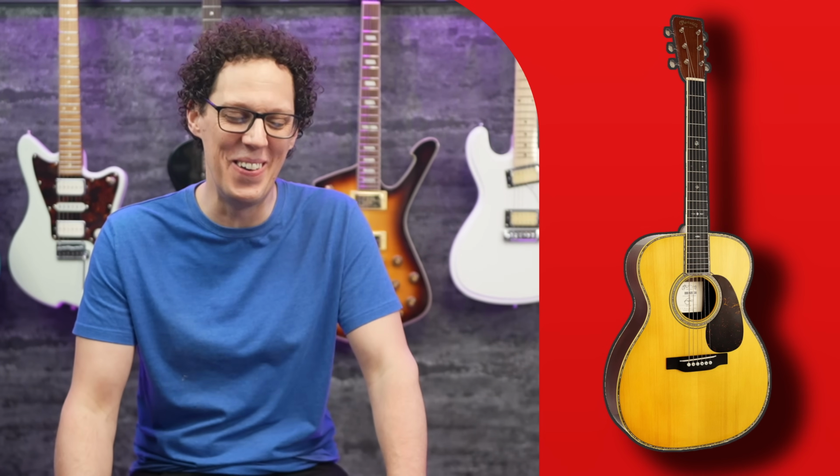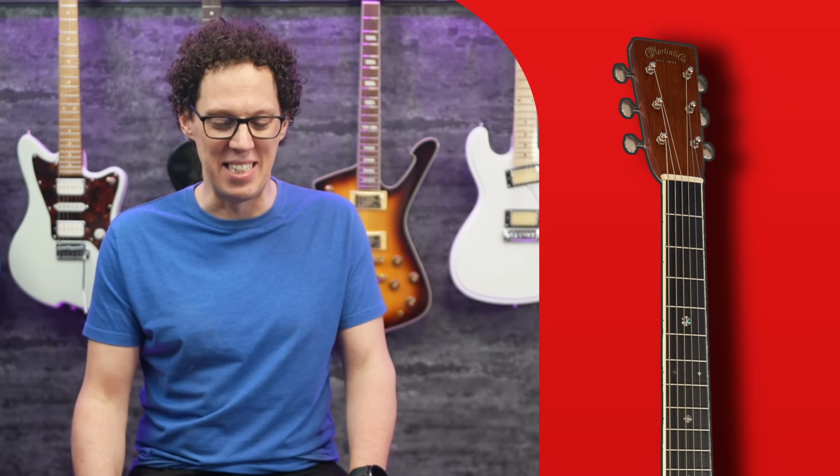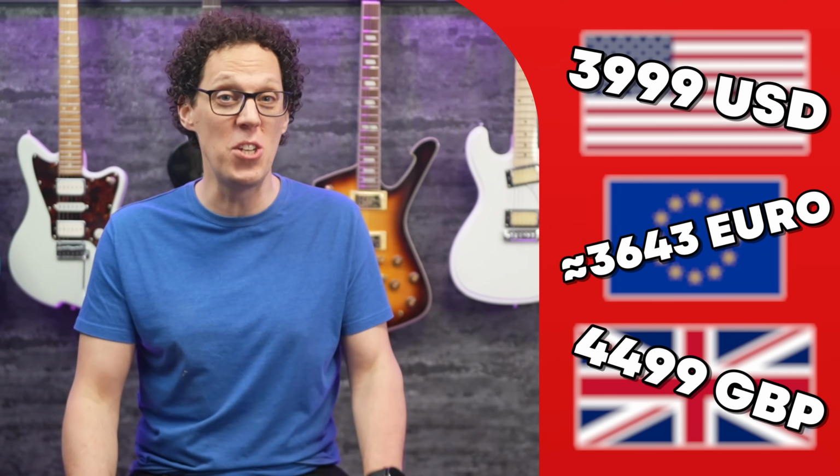Ooh. And for those wanting the full, total boutique treatment, there's the 000 42 EC with Adirondack. I can't say it. There's the 000 42 EC with Adirondack spruce and Guatemalan rosewood, hand-signed labels, and enough bling to make it a collector's dream. We did it. The 000 EC comes in at around 4,000 notes, and the 000 42 EC is closer to